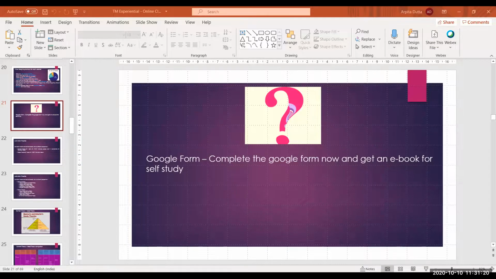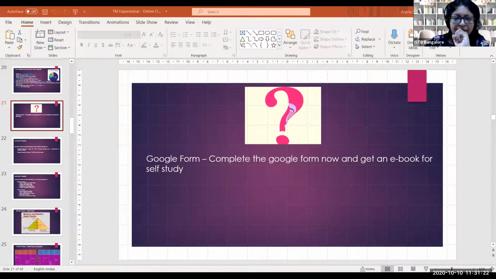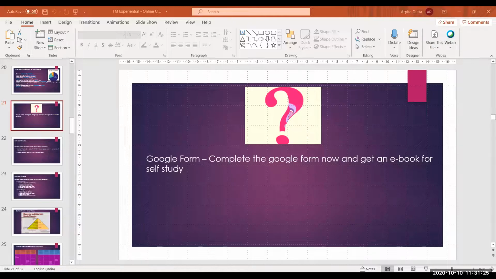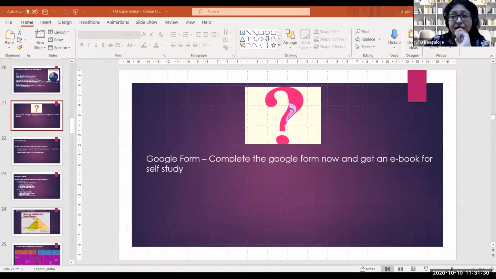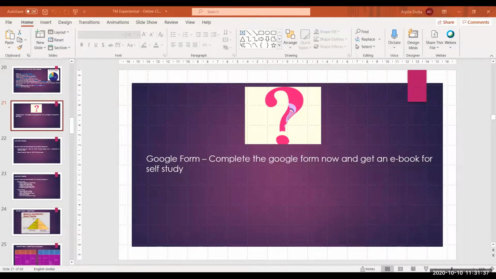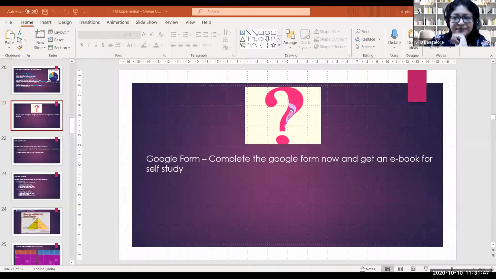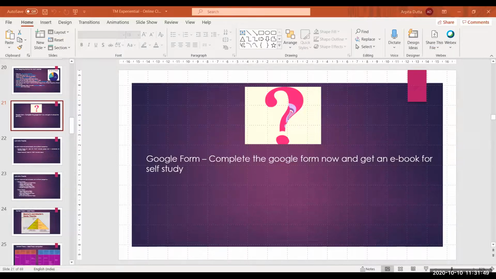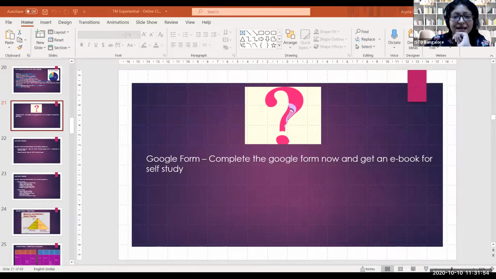Ma'am, Mitu here. Ma'am, there's a lot of confusion regarding assignments because the portal says we are past the days. I think there is a technical problem. I think Meghna also had this doubt, so I suggested calling the Delhi office. No, I had written to them. They have replied saying this is the old message which is coming. They will update it. Assignment dates are not yet updated. Don't worry, you will have time to do it. Just keep a watch on the website. The guidelines are very scary.